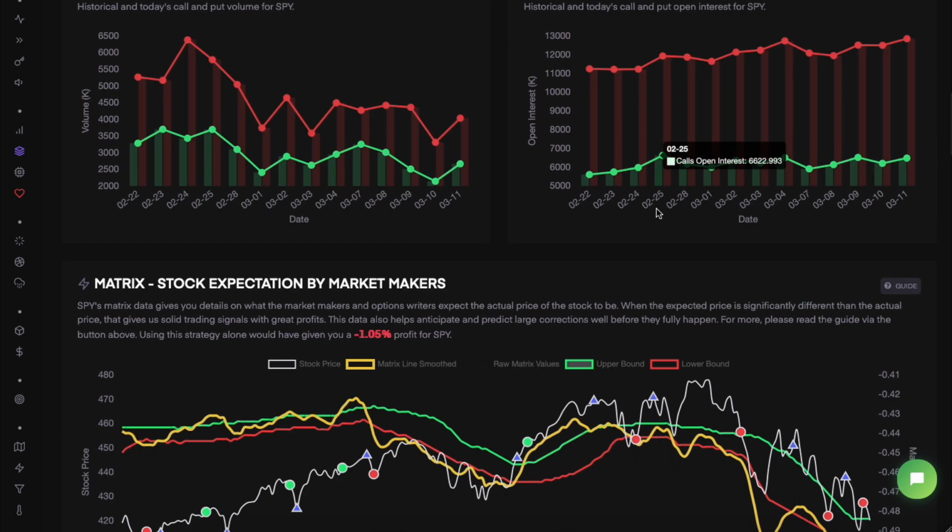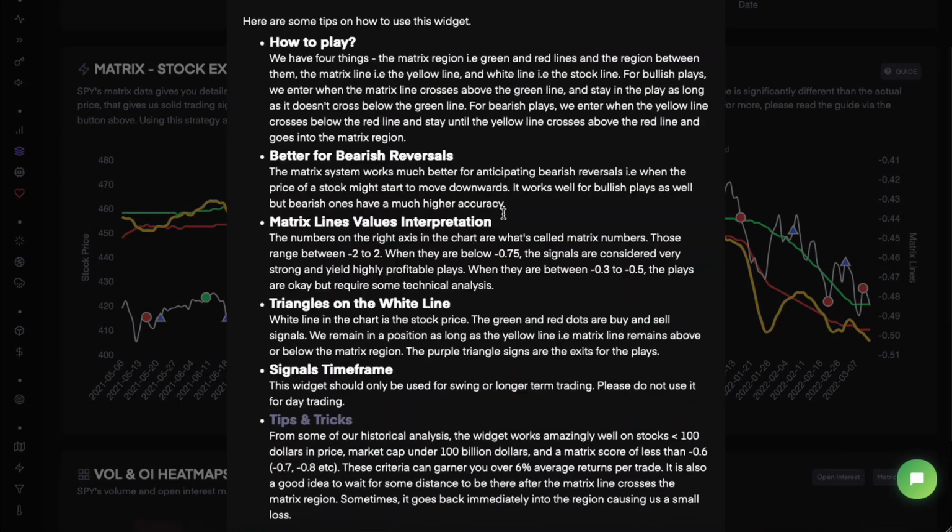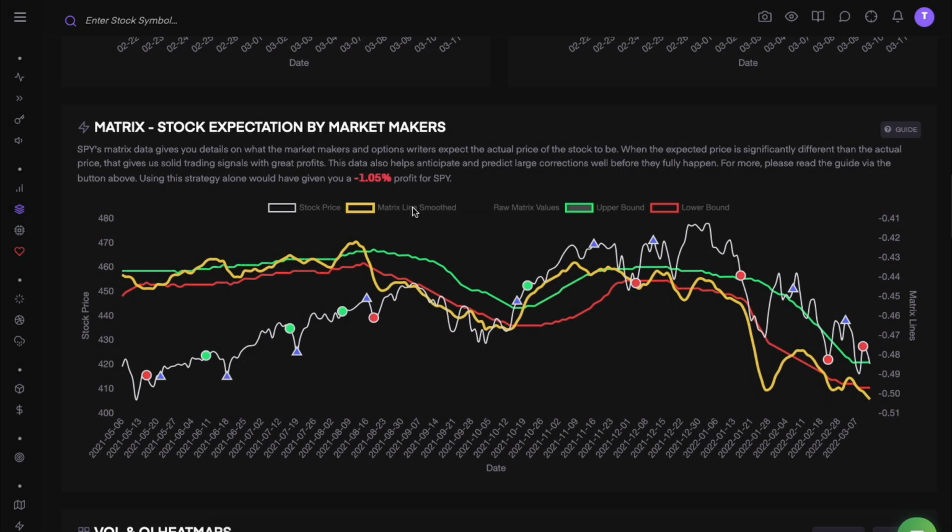Now the Matrix one, the idea is pretty cool, and it works very well for short positions, not that well obviously for bullish positions. First, I'd like to mention that there is a guide, and it's a good one, so please do read that in order to understand what this chart is saying. But basically,